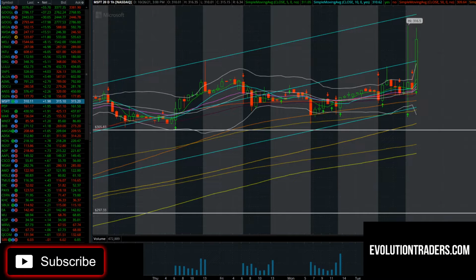Taking a look at Microsoft, guys. So we got a good little pop here after hours. Reported earnings. If you want to get all the details on the earnings, just pull up your brokerage account, go to the news section, type in the ticker symbol, and it's going to give you all of the earnings estimate numbers. I'm going to take a look at the chart here and see if there's an area of opportunity that we can take advantage of tomorrow for the session to see if we can possibly capitalize on a scalp just based off of the technical levels.